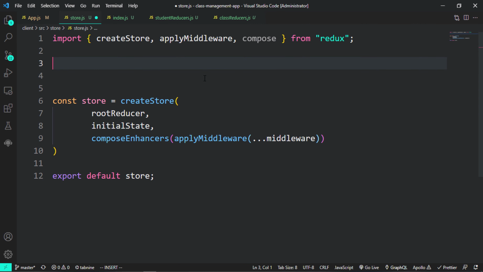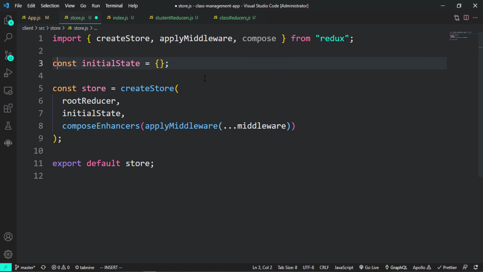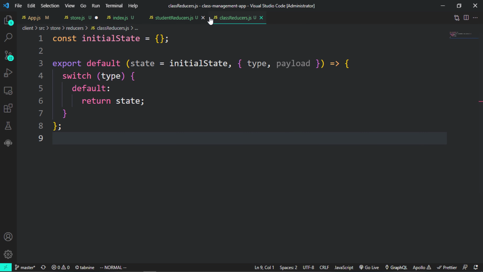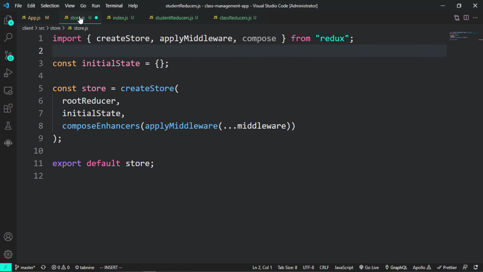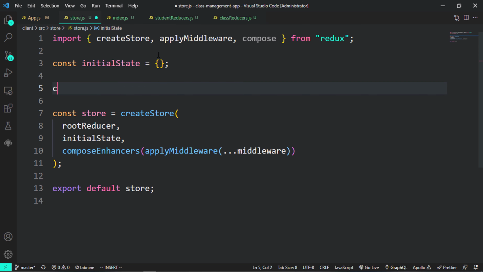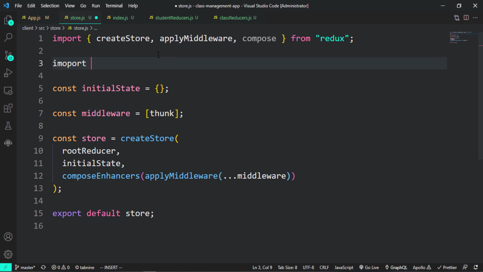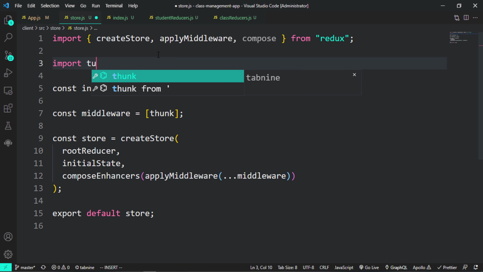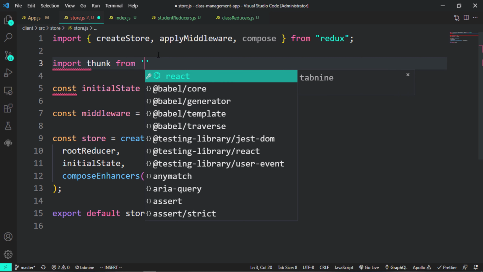Then at the top here, I'm going to create our initial state. So we just have to maintain this. If this has to be null, we just have to make sure that inside our respective reducers, we did set this to null as well. So just make sure you do that. Whatever you put here, it's how your reducer initial state is going to be. Then we also have the middleware, which is just an array, and it's going to accept a thunk. So in case you have multiple middleware, you can just pass that there. We have Redux thunk,